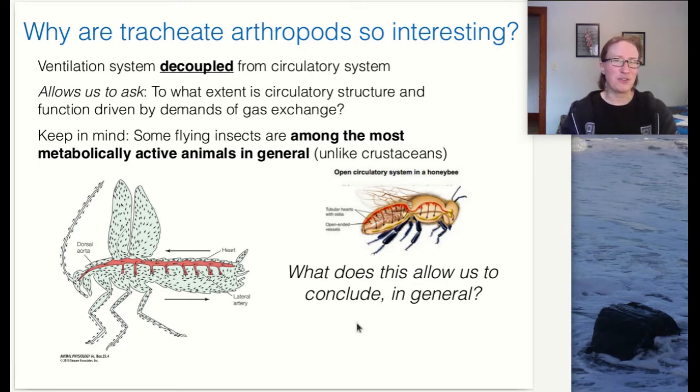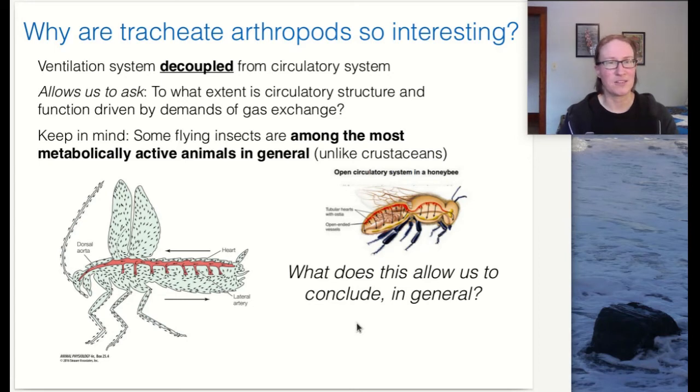And from an evolutionary standpoint, this lets us ask a really interesting question, which is to what extent is an animal's circulatory structure and its function driven by the demands of gas exchange? And this question will make sense in a second, okay? So to what extent is circulatory structure and function driven by demands of gas exchange? If it is very strongly driven by gas exchange, then we need to also know something about oxygen demands in